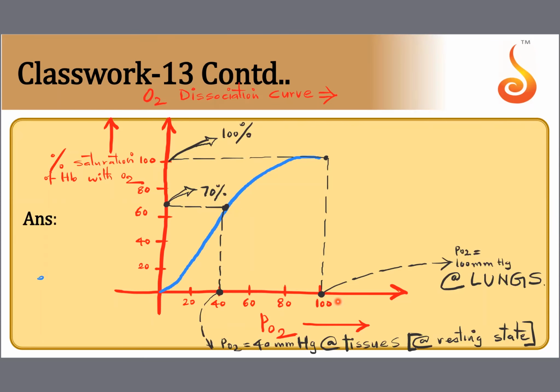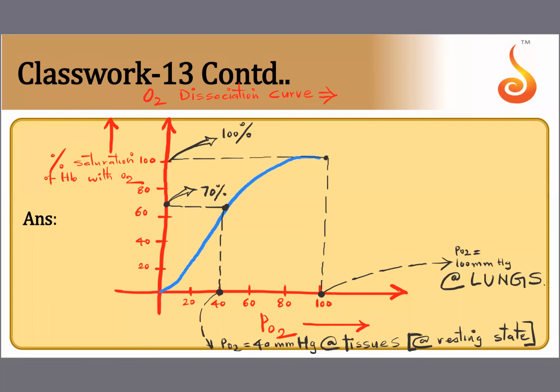Okay. So at the lungs, at partial pressure of oxygen of 100 millimeter mercury, 100% of hemoglobin were in love with oxygen. At the tissue, at partial pressure of oxygen being 40 millimeter mercury, only 70% of the hemoglobin molecules are in love with oxygen. Answer my question, is this good or bad? Is this a normal thing, or is it something which is good for your system, or is it bad for your system? Okay. I think many of you have given me the right answer. This is good. This is normal.